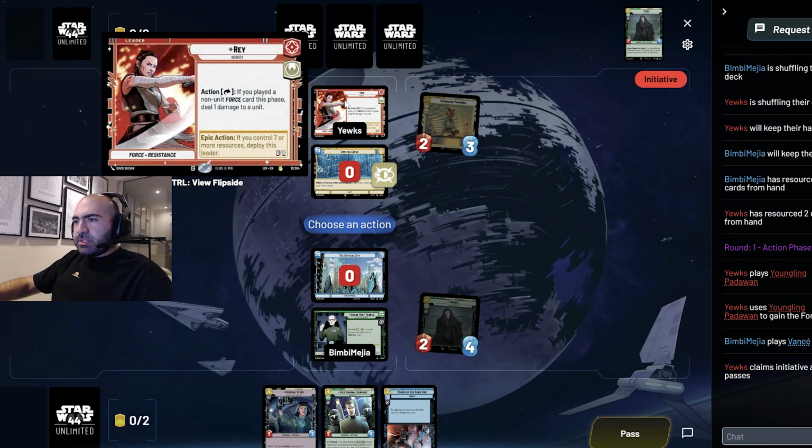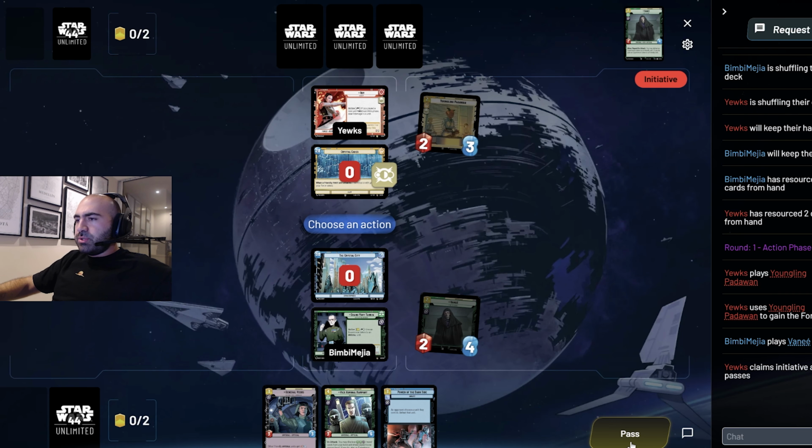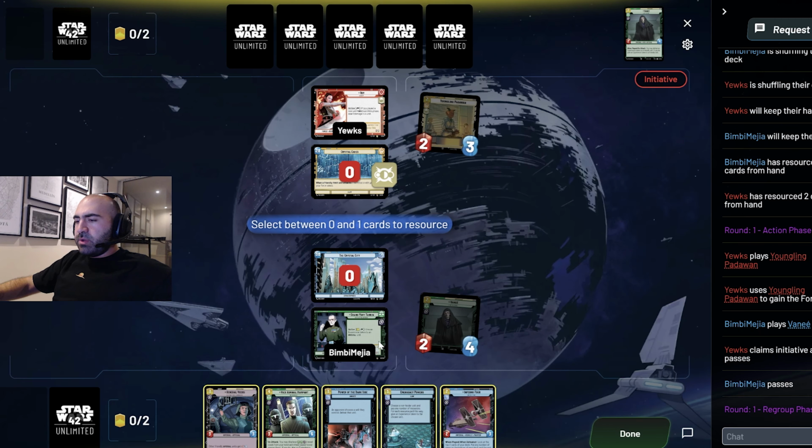That's fine. Let's see what she does. If you played a non-unit Force card this phase, do 1 damage. Okay. So she's going to be pinging her units. That's fine. We need to...